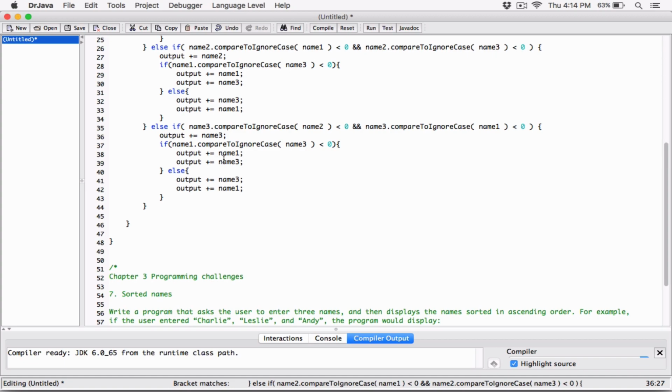If the first name that goes on the list is name 3, then the only two names left are name 2 and name 1. So we need to compare those two to see which one goes second and which one goes third. So if name 2 compared with name 1 is less than 0, meaning if name 2 is less than name 1, then that means name 2,